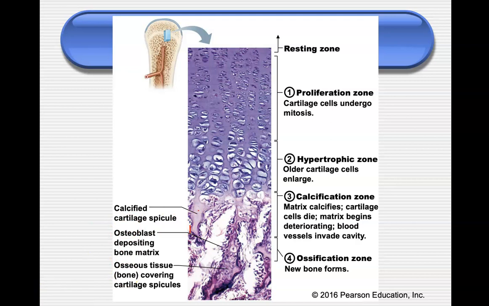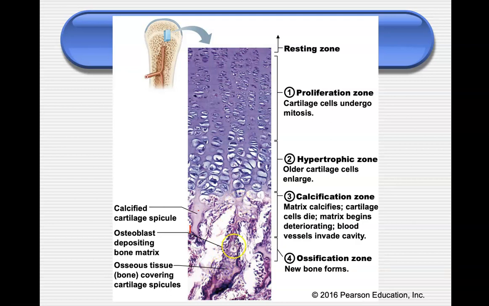But so what ends up happening is these calcified spicules, right, will stick down into that epiphysis-diaphysis junction here. And what's going to end up happening is blood vessels will start to invade the cavity here. And as the blood vessels start to invade the cavity, remember that often gives the signal to some of those mesenchyme cells to actually become osteoblasts, right? And so these